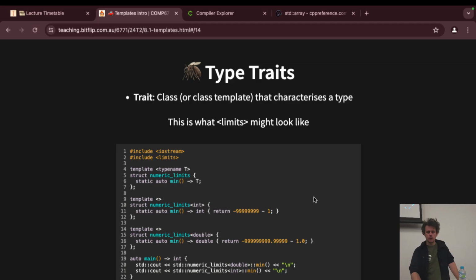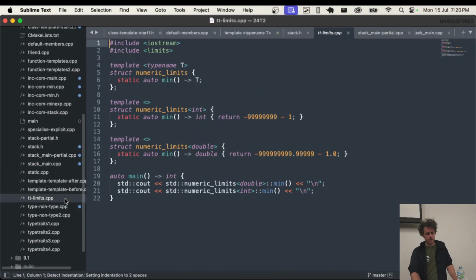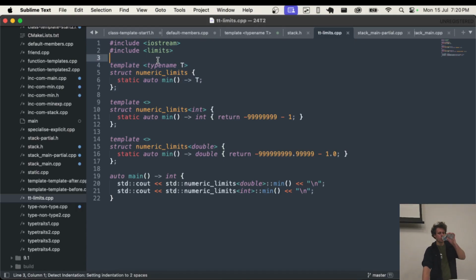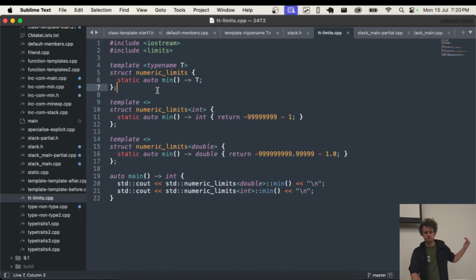Something? Yeah. So if you ever thought about how numeric limits work, it actually uses explicit specialization quite heavily. Because what it will do, you can maybe pull up the code, is there'll be a template like this, and a static min function associated with the class type. Then for each type that has a numeric limit, like an int or a double, they will define it explicitly as an explicit specialization like this, so that when